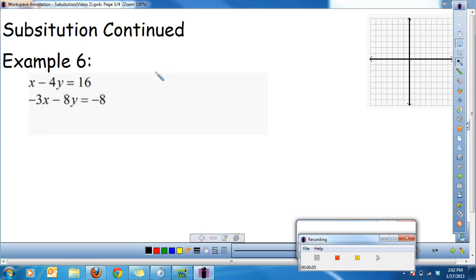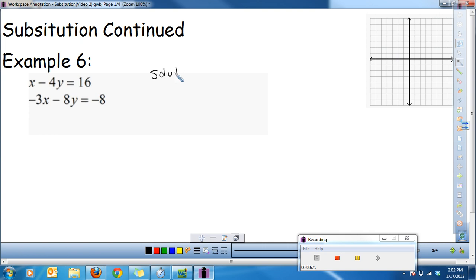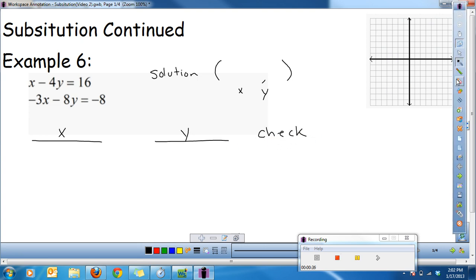And just like we've talked before, your solution should always be written as an ordered pair. So we know that our solution is going to look like this. We're solving for an ordered pair. We know that ordered pair is going to be x and y. So I'm going to go ahead and write out my different points so that I know what I'm solving for. And actually, let's move this up a little bit farther so we have a little bit more room right here. Okay.